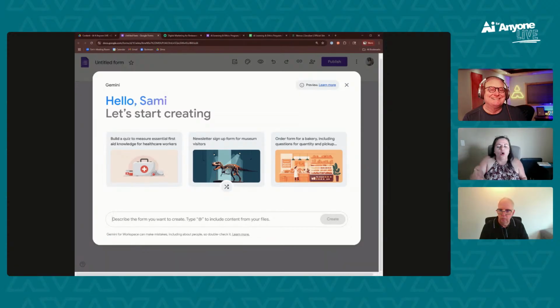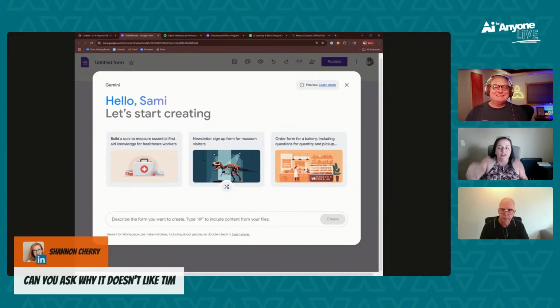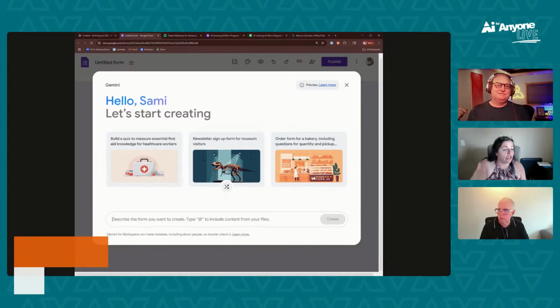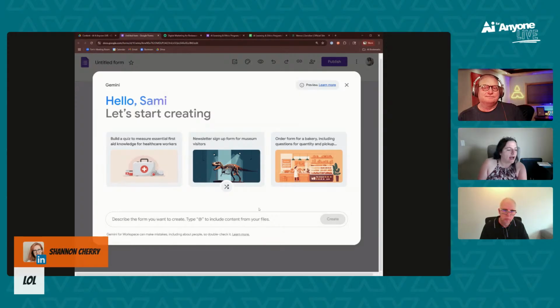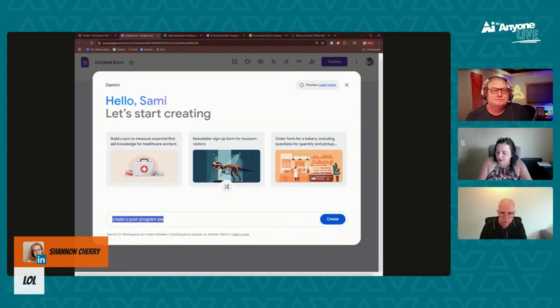The whole goal is removing that barrier to getting these things going, like you're saying. So I'm thinking, okay, create a post-program assessment here. I'm going to cheat because I already typed this one out, because I have Whisper, but I don't use it well.